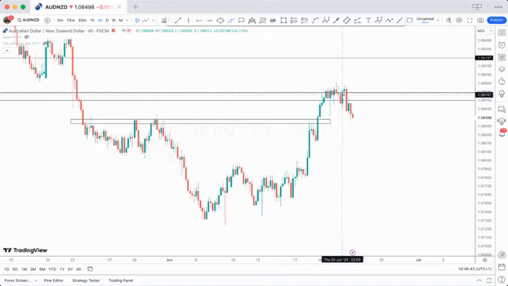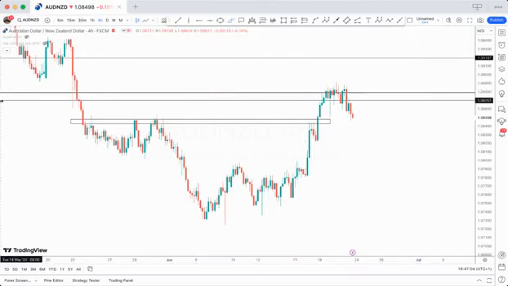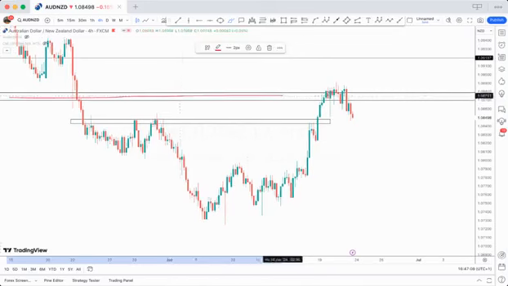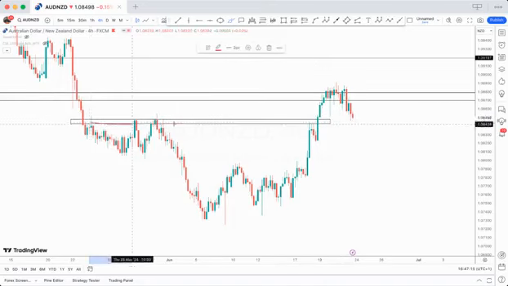Friday candle closed as a rejection. Thursday candle actually closed as a doji. So by the time the market opens today, which is Sunday into Monday, we are going to see how the market is going to react at this resistance level. Sorry about the drawing. At this resistance level, you're going to see how price is going to react,